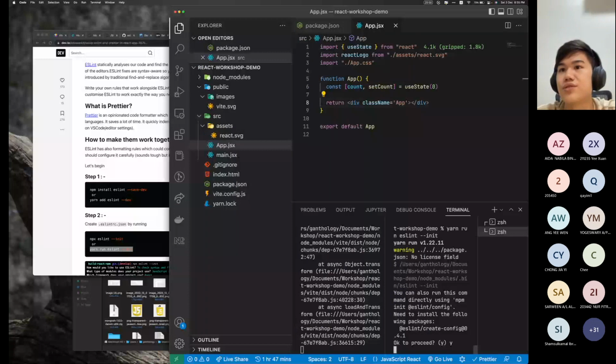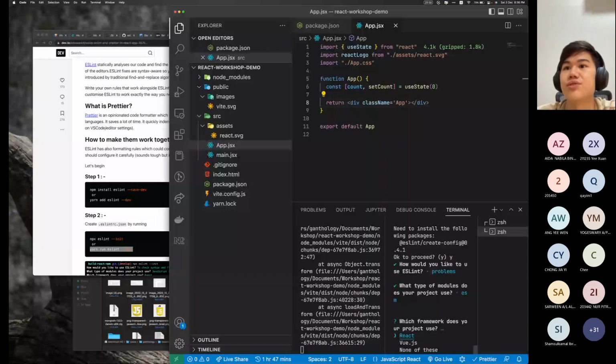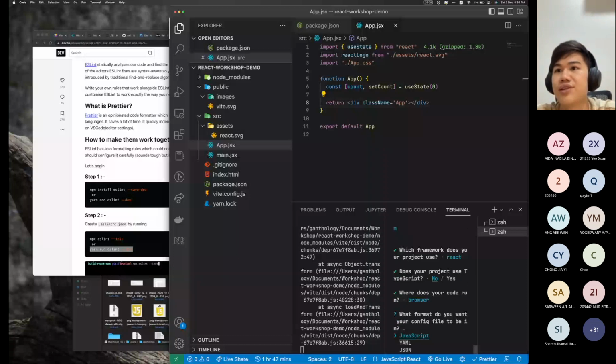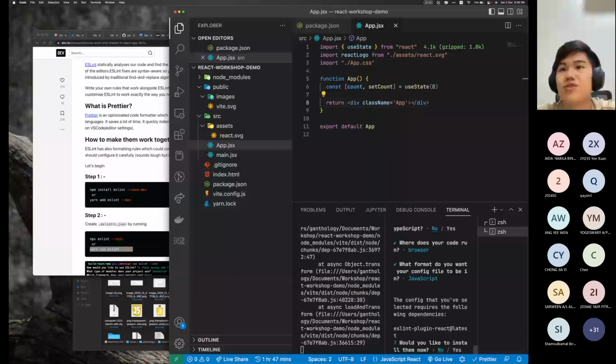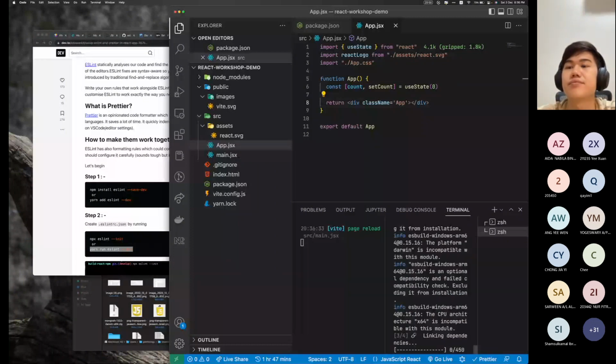Okay, then for me, I just choose the second one. Then JavaScript modules. I think for this you guys will have to do it step by step with me. Then JavaScript modules, React, and also not TypeScript, and browser, and JavaScript too. And then install the plugin, yes, install the plugin, use Yarn for me. Okay, great. Now that we have the ESLint file ready,